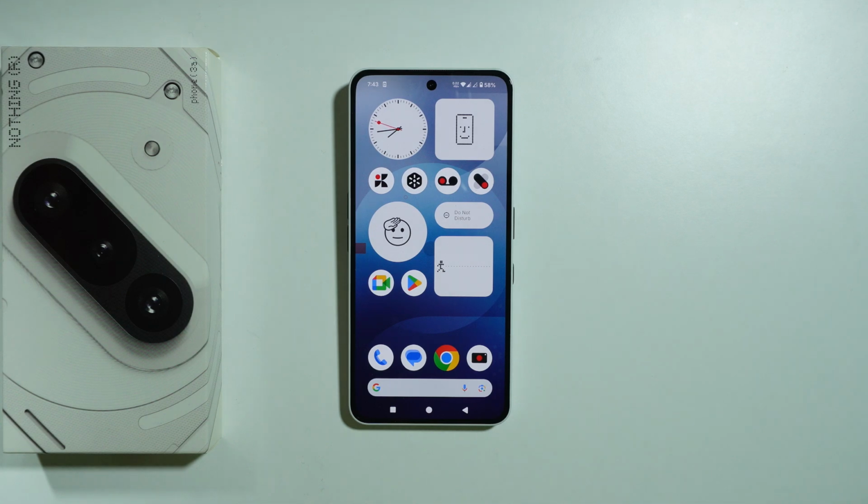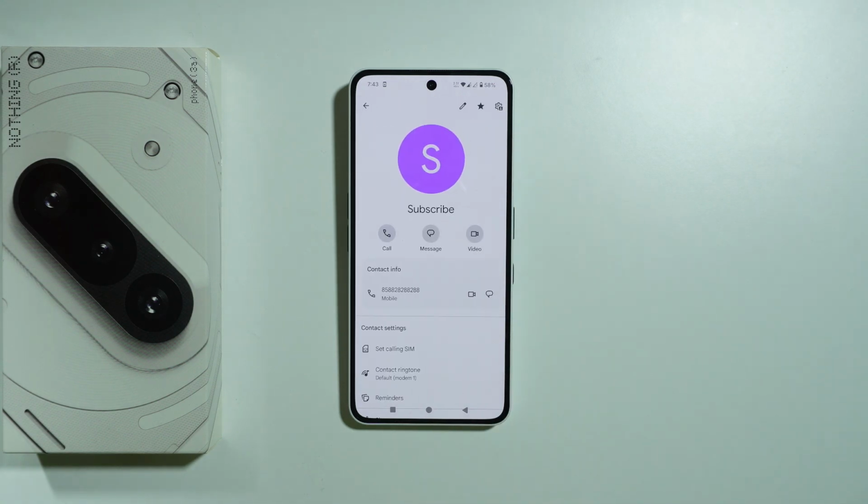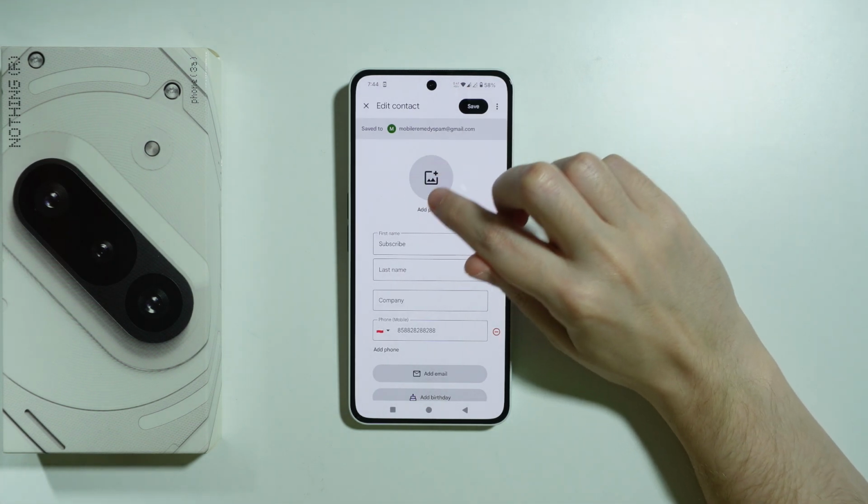If you want to add a photo to a contact on Nothing Phone 3a, then first of all, we're gonna go to the phone app. We're gonna switch to contacts and let's select the contact for which we want to add a photo. Now over here, press this pen icon in the top right corner,